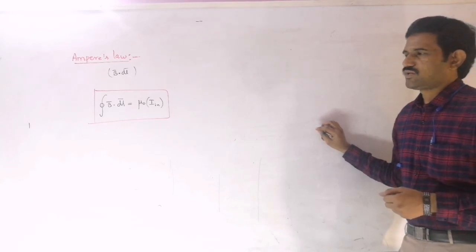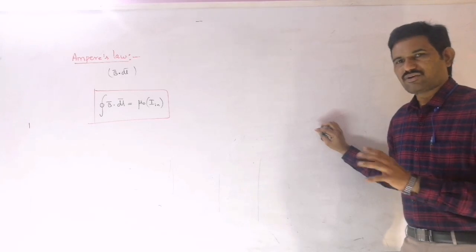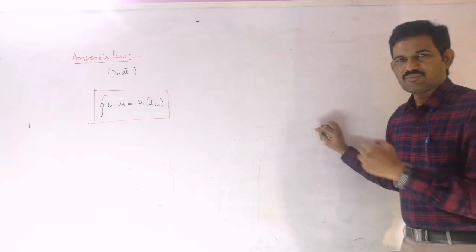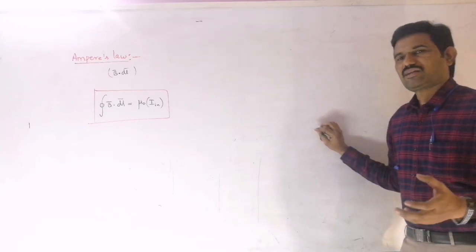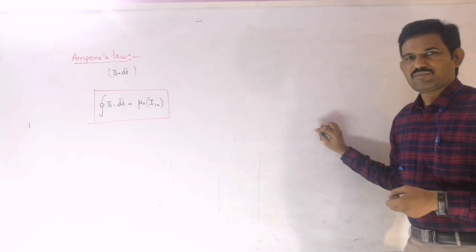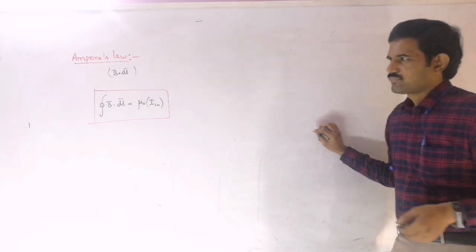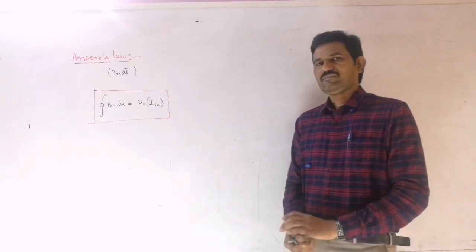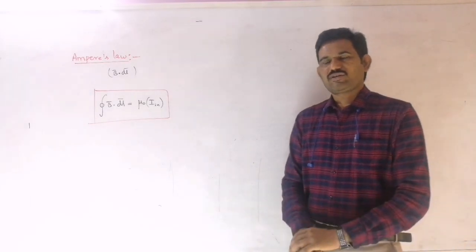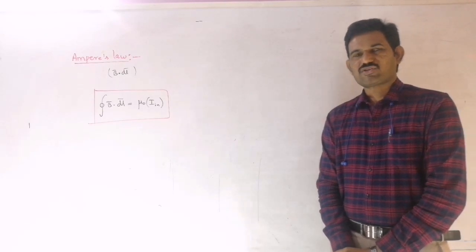Then in that case, what we can conclude is that B into the circumference of that path can be calculated as the integral of B bar dot dl bar. That means the left side term of Ampere's law. Sometimes you may get a case where B bar and dl bar are perpendicular, then it will be 0. In some cases, B bar and dl bar are always parallel to each other.